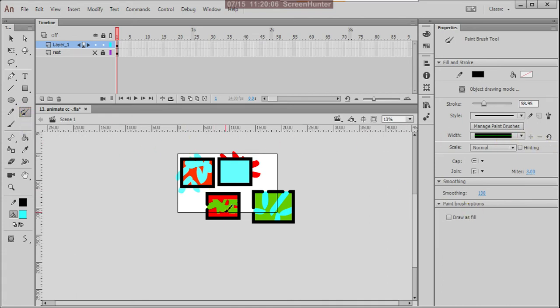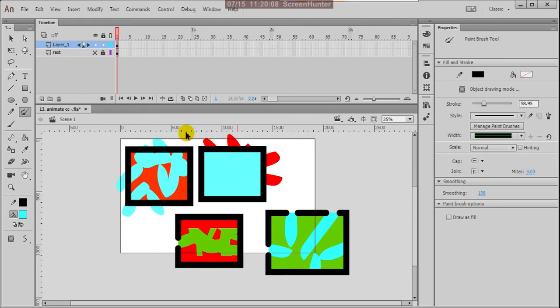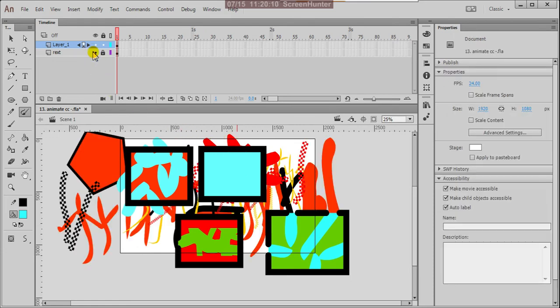Depending on your requirement and your needs, you have to change these brushes.